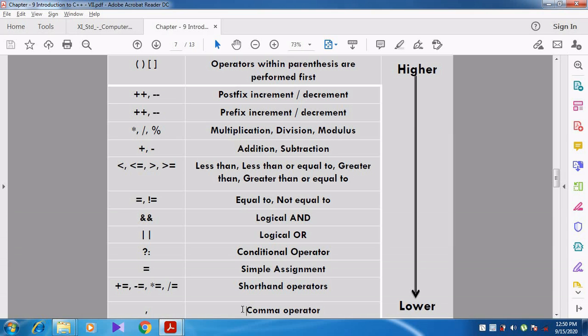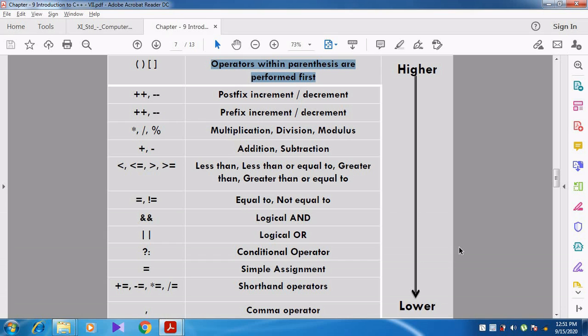Operators within parentheses and square brackets are evaluated first. Then postfix increment and decrement, prefix increment and decrement, multiplication, division, modulo division, addition, subtraction. So we go from higher to lower priority. The comma operator and shorthand assignment operators have lower priority.